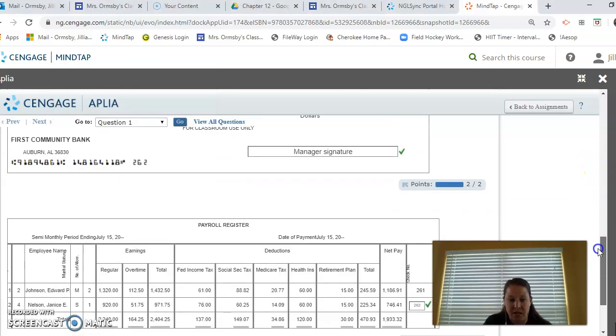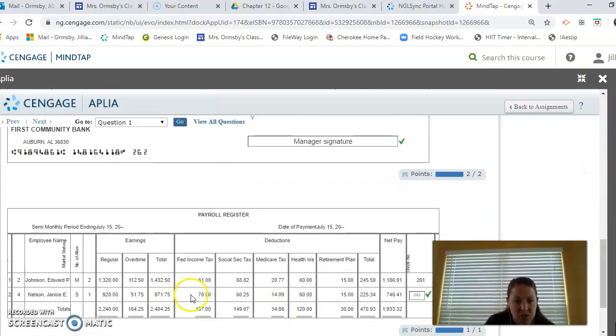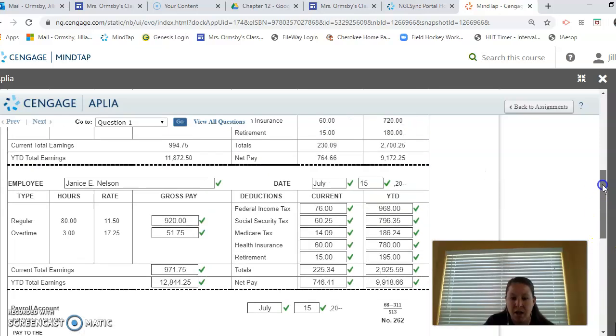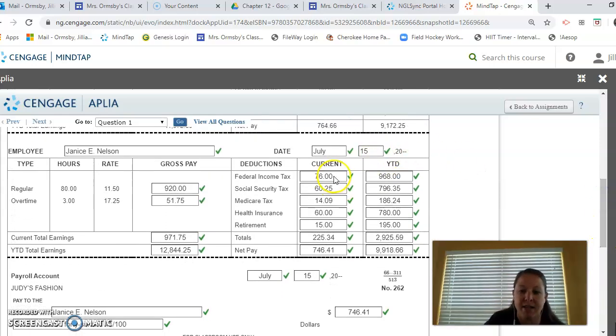Again, we're copying this from Janice, federal income tax, all the way over to net pay, just copying these numbers down. So federal income tax, $76, Social Security tax, $60.25, Medicare tax, $14.09, health insurance, $60, retirement, $15, total $225.34, with a net pay of